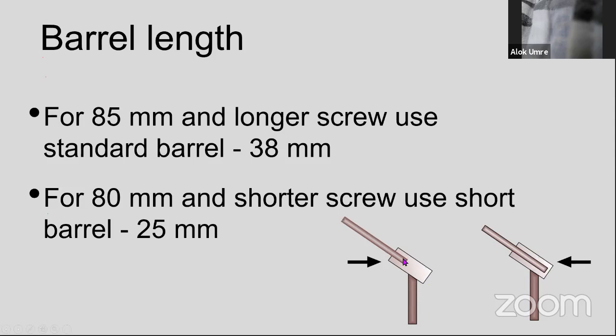If you leave it like this, suppose it's an 85 or 90 millimeter long thread and you use a short barrel, you will create this situation. And there will be tremendous bending load here. This will jam here, it will not go down. Either this will break or it will bend. And worst, sometimes it will disengage also. But once you create the right situation, things will go very smoothly. So you have to be particular: 85 and longer, standard barrel; 80 and shorter, short barrel.